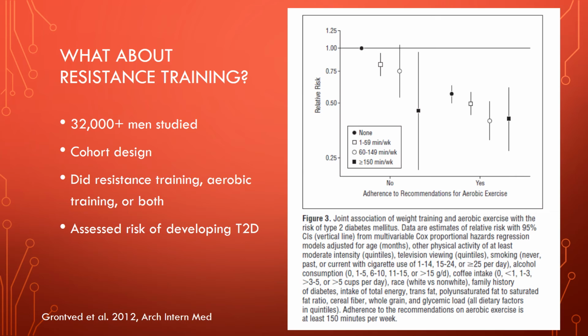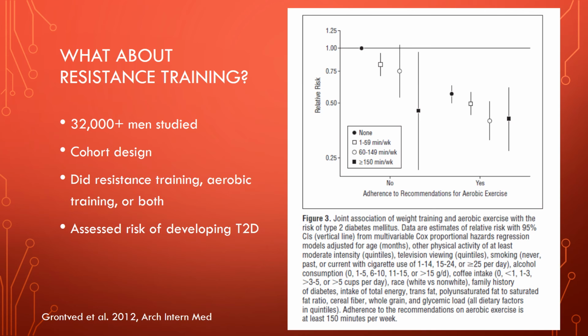And then within that, you have resistance training. None, 1 to 59 minutes, 60 to 149 minutes, and greater than 150. So the worst group to be in is this group. They do no resistance training and no aerobic exercise. But none of these 4 groups meet the recommendation for aerobic exercise, and yet this group especially that gets 150 minutes a week or more of resistance training, their relative risk is less than half. It's reduced by about 55%.